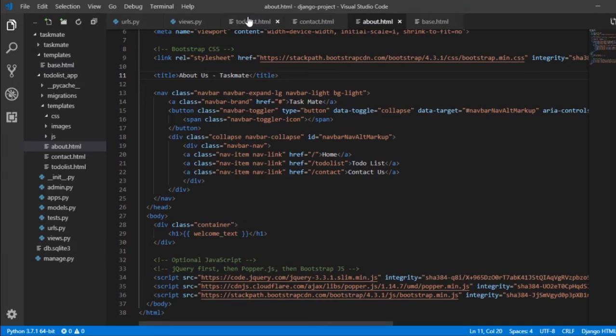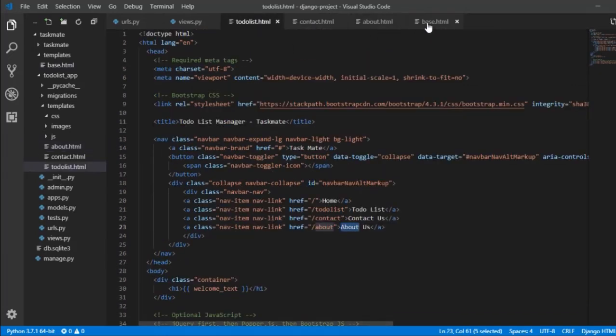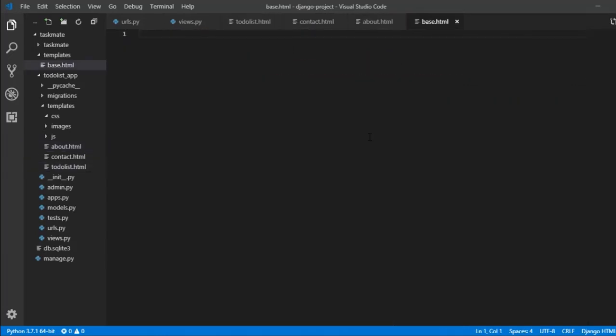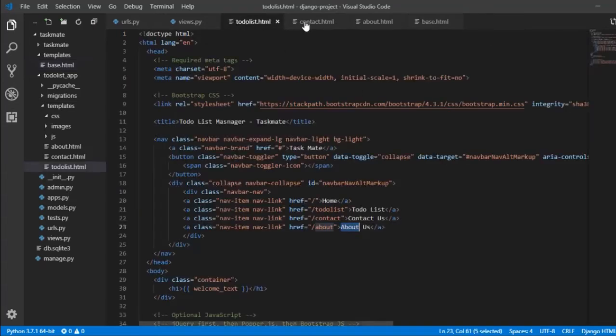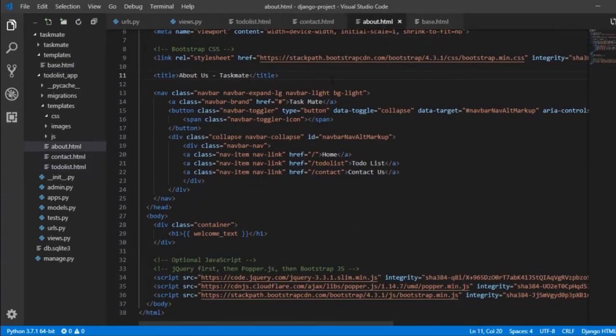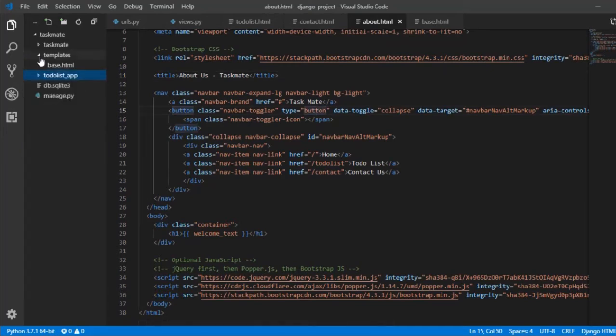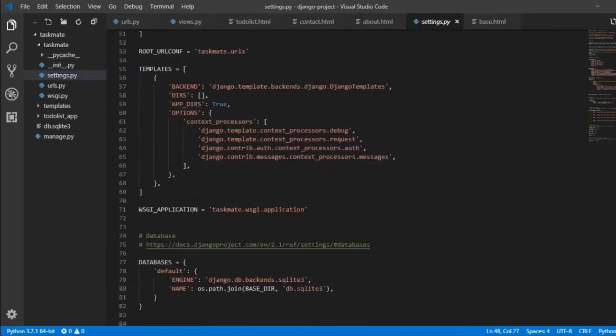Now what I can do is copy this common content here, and if I need to edit something, I would be editing in this base.html, and these 3 will just inherit that change, and that would be fine for me. Before that, we also need to do one small change. You have to visit the settings file, and inside this settings file, we need to give the directory of our template folder, that is this template folder, which is our main base folder.